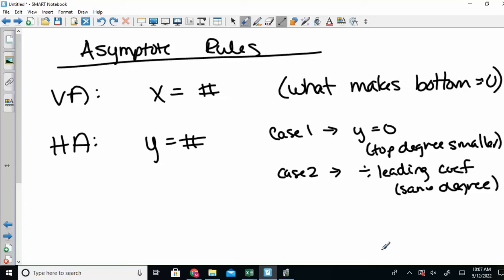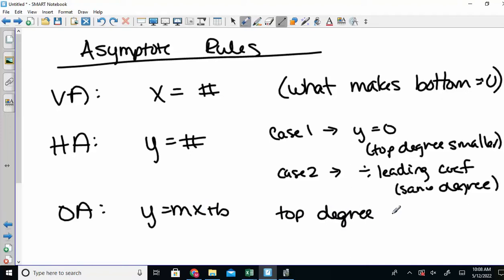So if it's like 2x squared over 3x squared, then it's y equals 2/3. Oblique asymptote is going to be like y equals mx plus b. And that only happens when the top degree is 1 bigger. Okay, if it's more than 1 bigger, there's no horizontal, no oblique. So if we look at 25B,